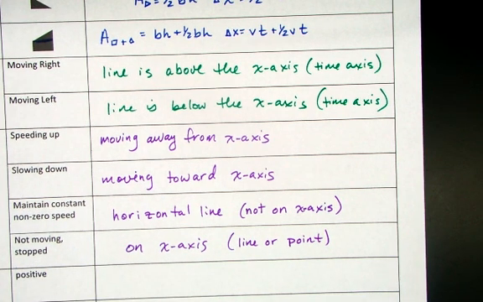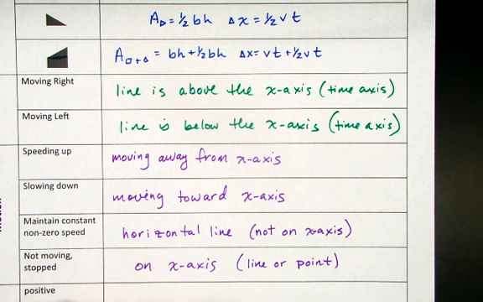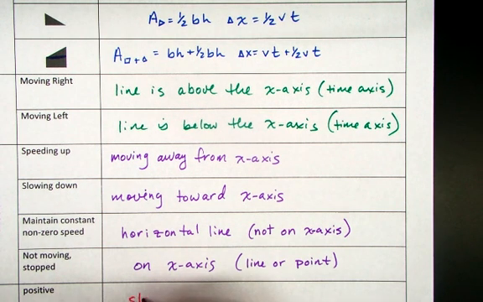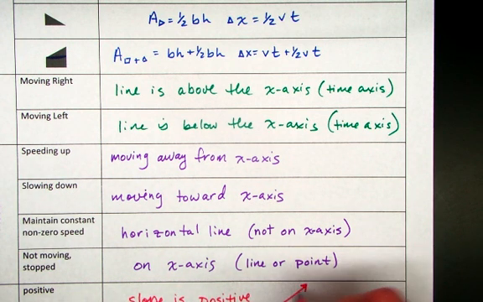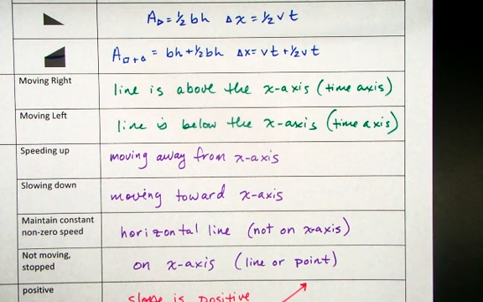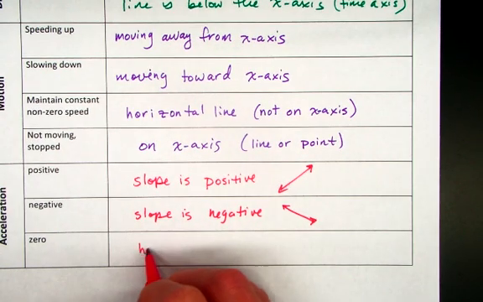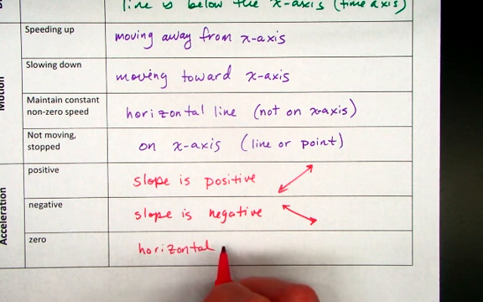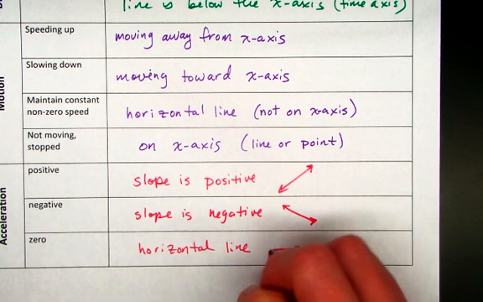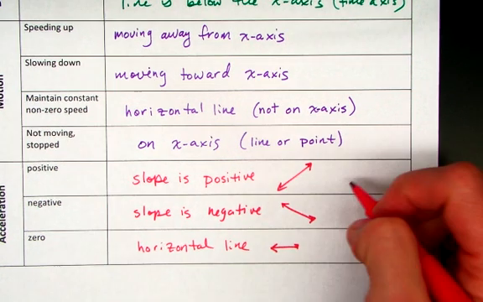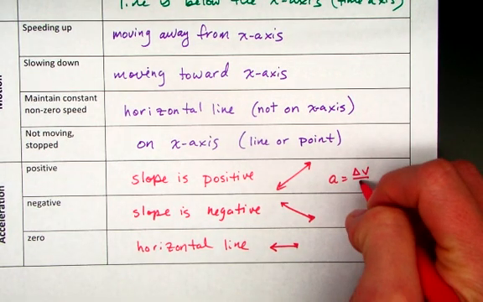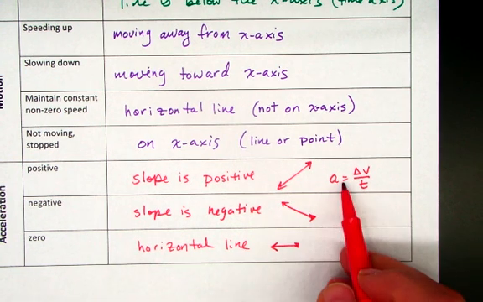And then for acceleration, if I have a velocity versus time graph, it's positive if the slope is positive, so that looks like this. It's negative if the slope is negative. And it's 0 if it is a horizontal line. To calculate this, acceleration is just delta V over delta T for all of these. So that would apply for all three. All right, so if we want to apply